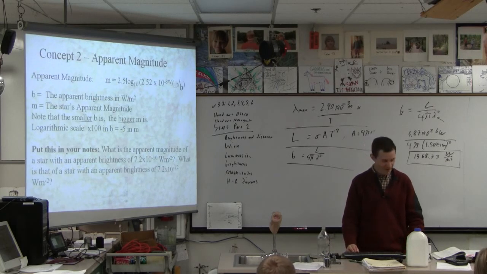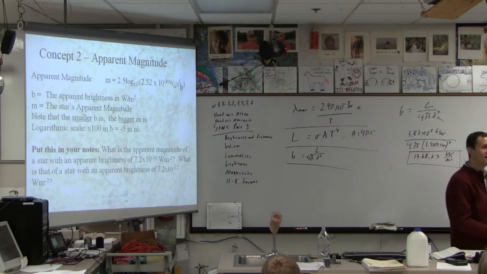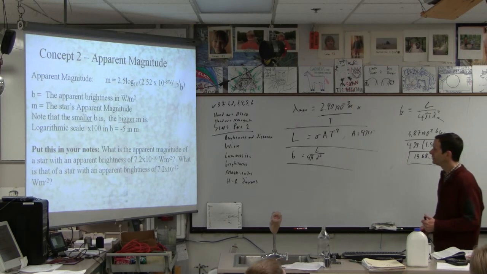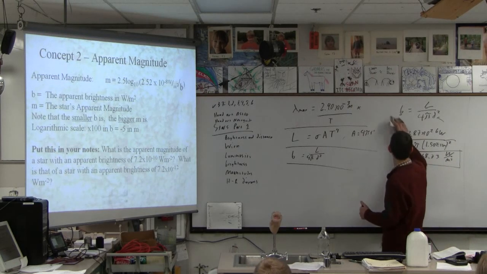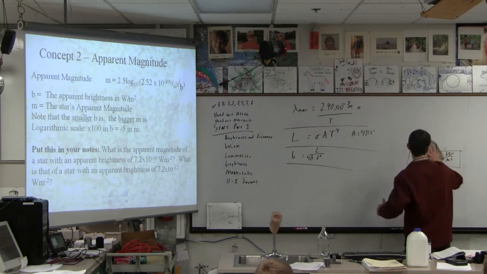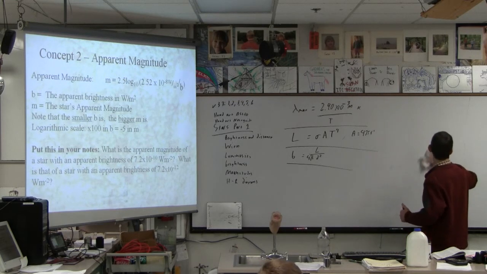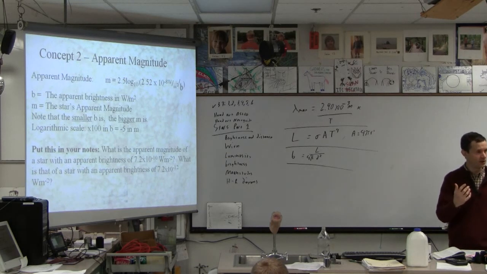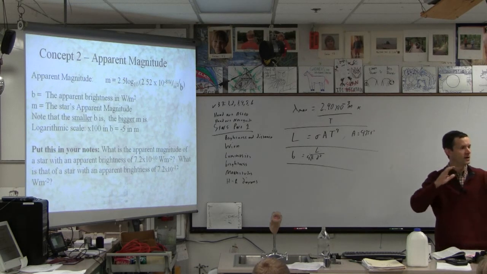All right. Now we're done with physics. Now we're going to get to apparent magnitude. And this is an astronomy thing. Why astronomers use this scale, I don't really know. But apparent magnitude is this thing where your eyes have this crazy ability to see a huge range of brightness and just put it all in scale. And so